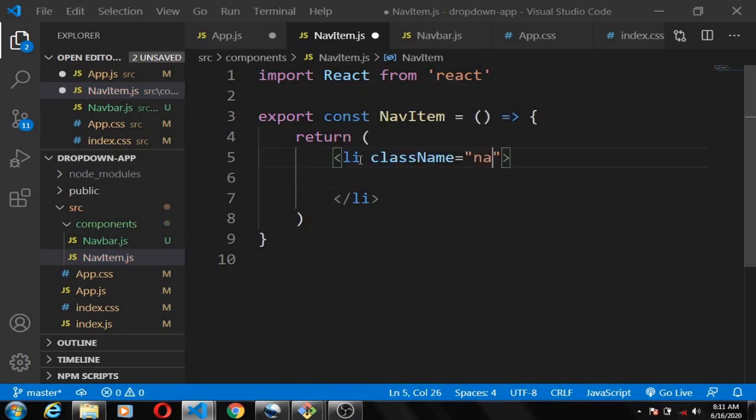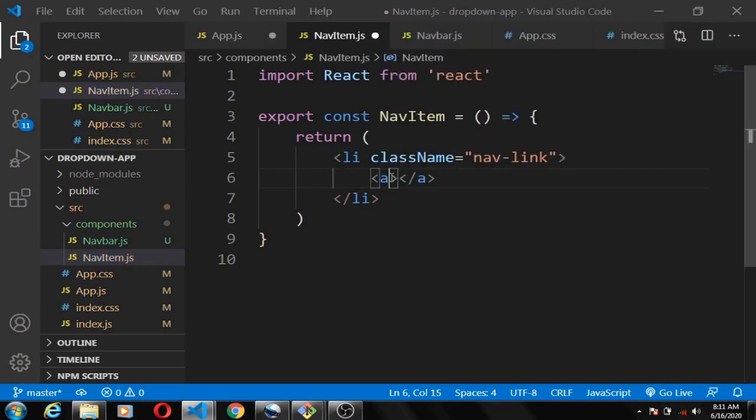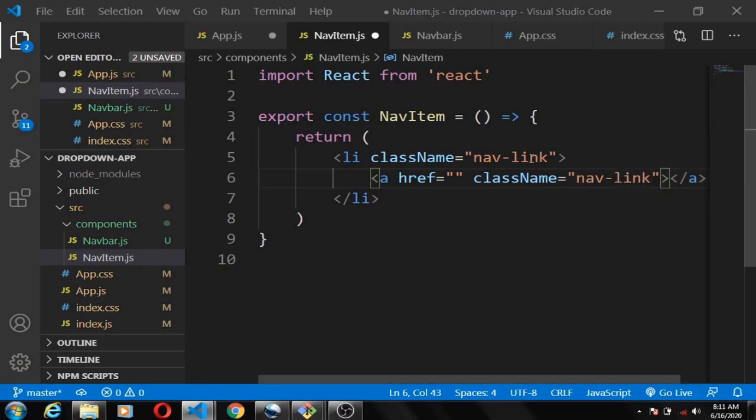Okay, so this, then let's call it nav link, or nav whatever, and here we're going to pass an a tag. It's going to be the link. I'm going to give it a class also of, let's say, okay, let's call this nav link and call this nav item, sorry. Alright,